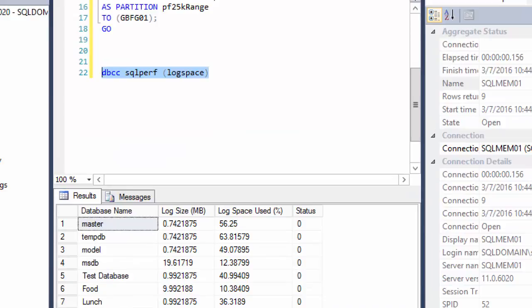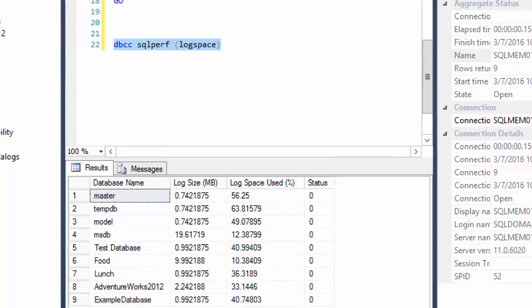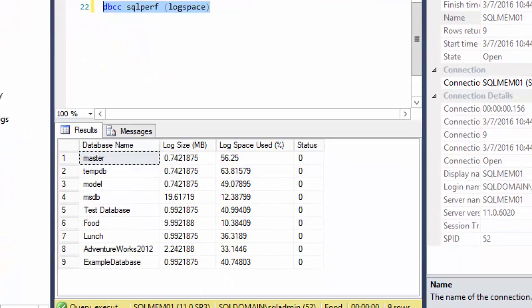But this command, DBCC SQLPERF(LOGSPACE), really gives you an overall picture of which database log files are taking up what amount of space. So suppose it's taking 99%, or suppose the log file size in MB is showing 99024, which is actually 99 GB. It has increased to such a level.